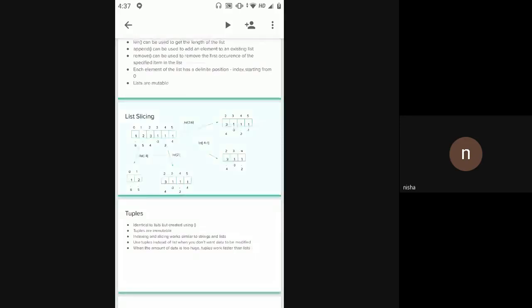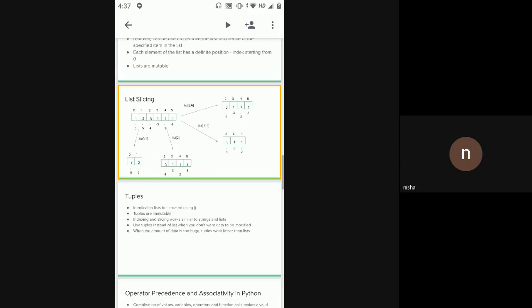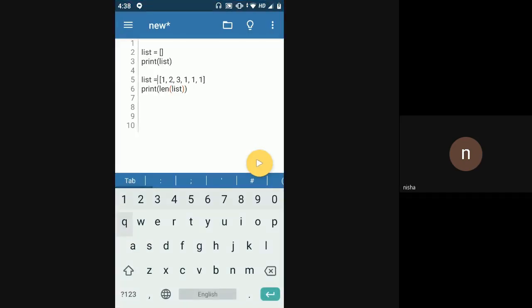My first element, which is 1, will have an index 0. The second value will have an index 1, and so on. And you can also put in the negative indexes that we saw yesterday. You can start with -1 from the last element of the list and continue going towards the left. Usually we won't use negative indexes, as we were discussing yesterday.